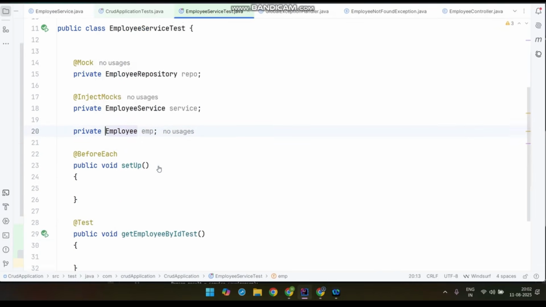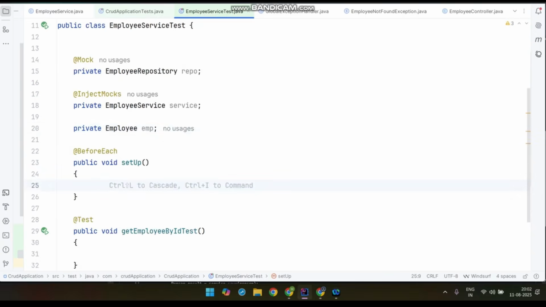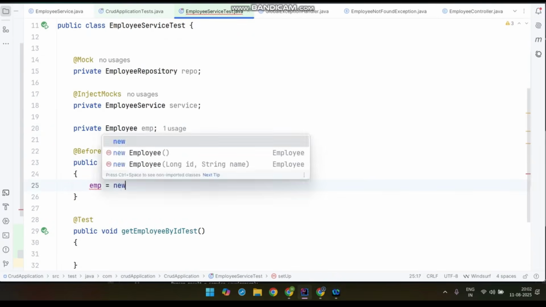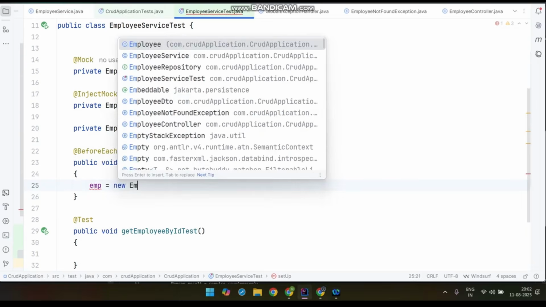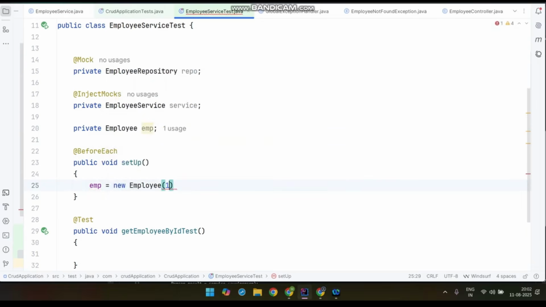Employee emp, we are having the constructor, so directly we can do the initialization, and we'll pass some dummy data. Suppose 1L is the id, and then Mohan is the name,